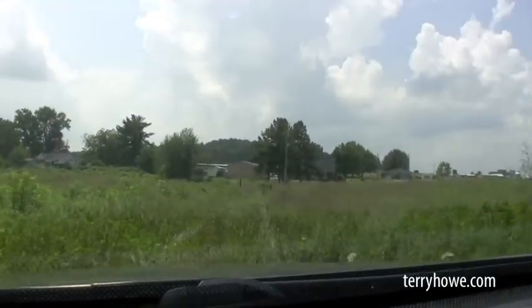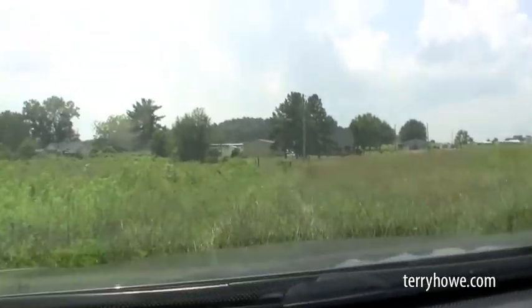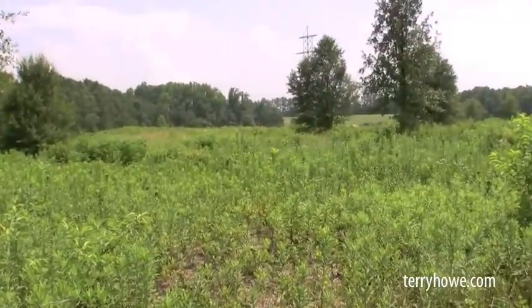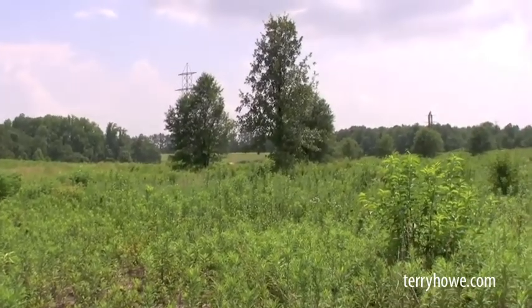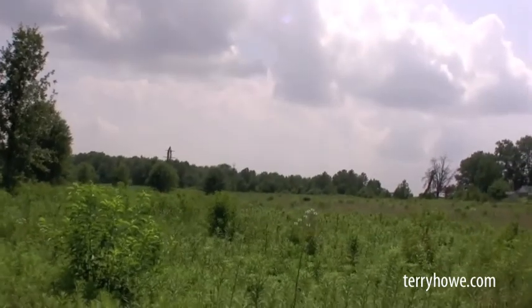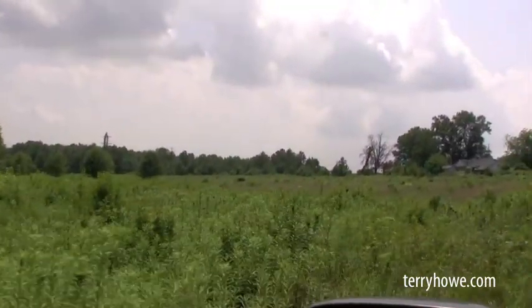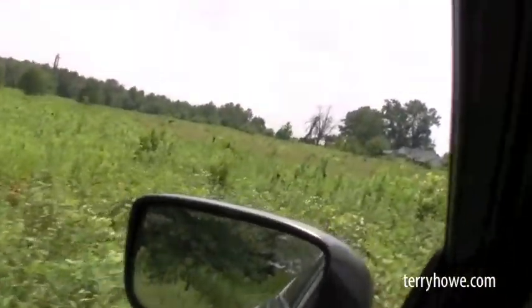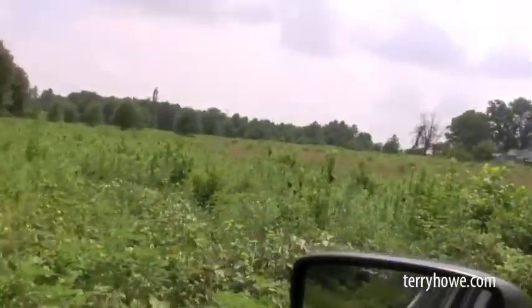Okay, and we're going back down the driveway. And I'm going to move the camera and look out the side window. That is the property, and the power line looks like it comes right through that property. And I'm gonna go back out on the road and show you another area of the property. But anyway, as we circle around,